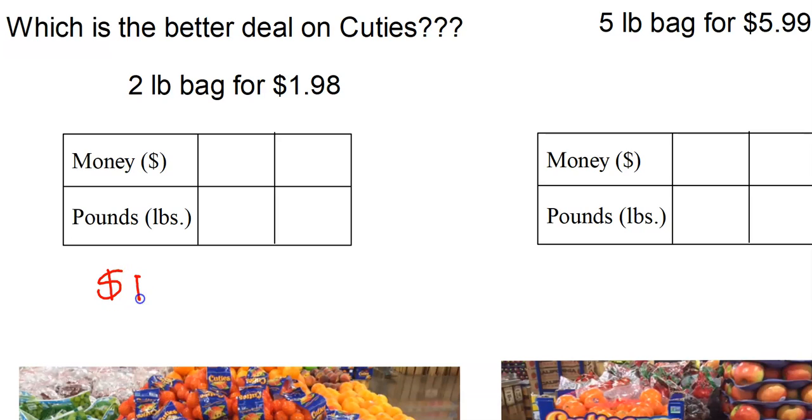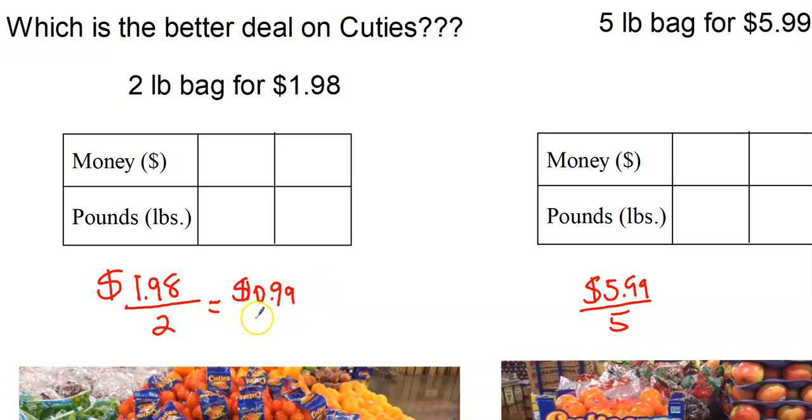So I could do this, $1.98 divided by 2. Over here, I would do $5.99 divided by 5. That's finding the unit rate. But I just want you to know that the other option is to think about, well, I wonder what a common quantity could be, because one of the bags is a 2-pound bag and the other one is a 5-pound bag. First of all, I'm just going to finish this division just to show you what I would come up with. This would be 99 cents,